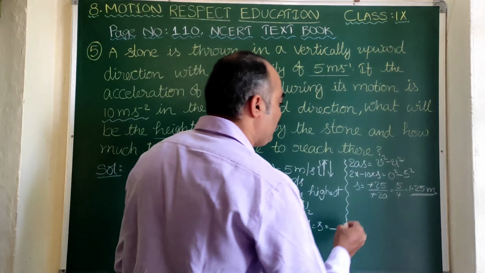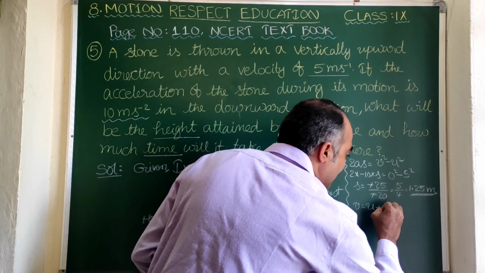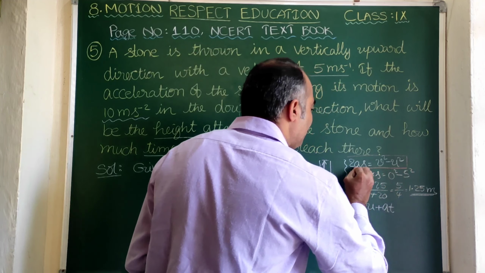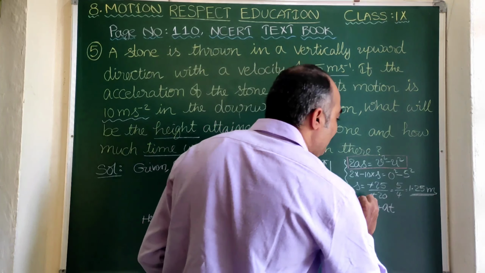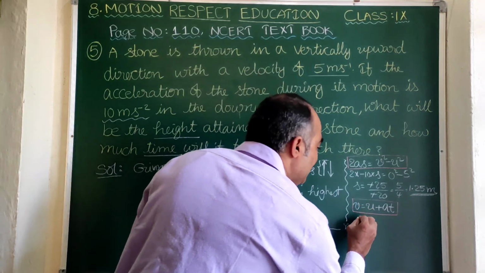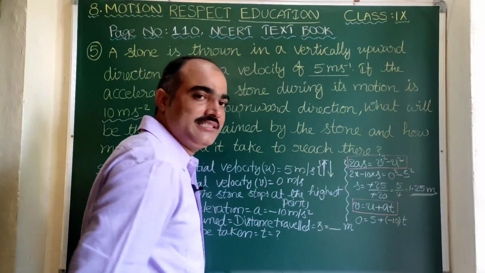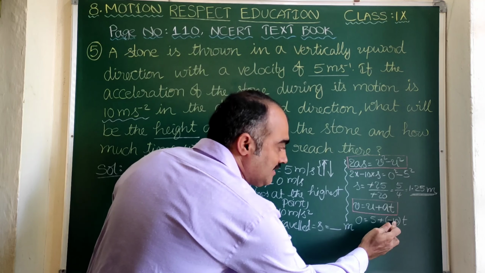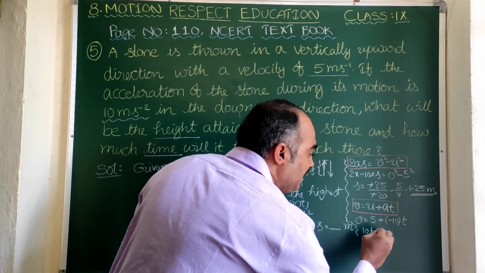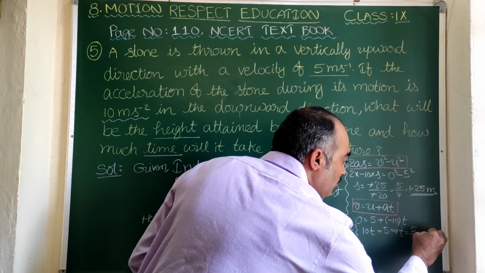And here we are asked to find the time also. So we have another formula, that is v is equal to u plus at. By applying 2as equal to v square minus u square, we found the distance traveled, and here by using v equal to u plus at we are going to find the value of t, that is time taken. v is 0, u is 5 and a is minus 10 into t. Let us write t as it is. So now let us send minus 10 into t towards left side. It becomes 10 into t. 10 into t equal to 5. Therefore t is 5 by 10, which is nothing but 0.5.